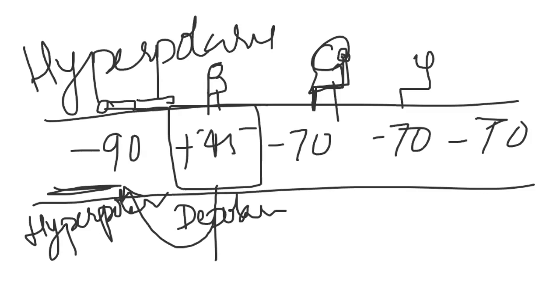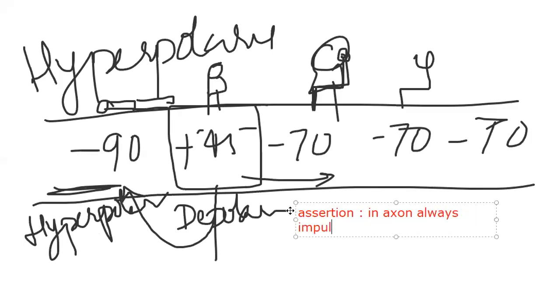Okay, why is it in a hyperpolarized state? That means the impulse is unidirectional in the axon. That means they frame a reason type of question: in the axon, the impulse is always unidirectional, will move only forward. Why? Can we give the reason for this? Yes, we can give the reason. The reason is